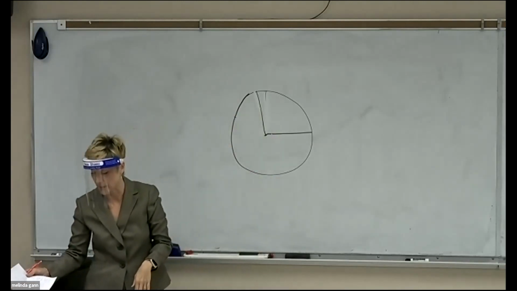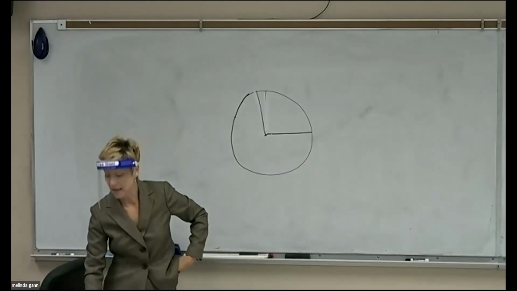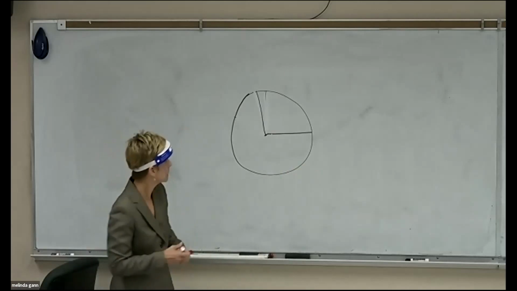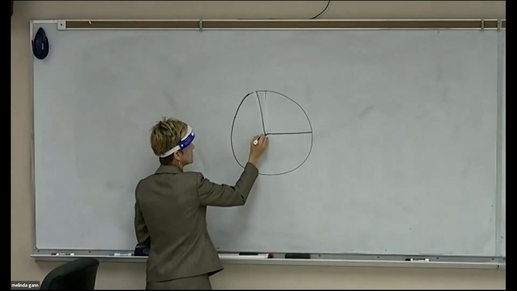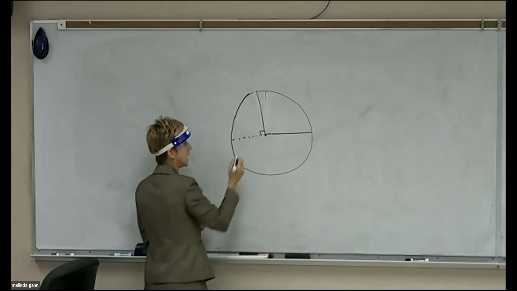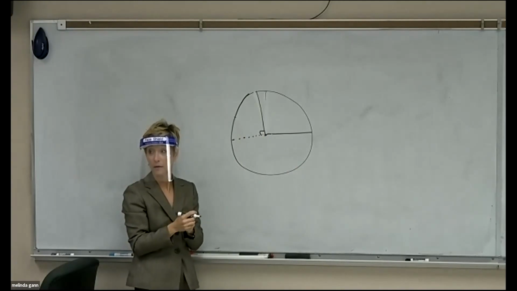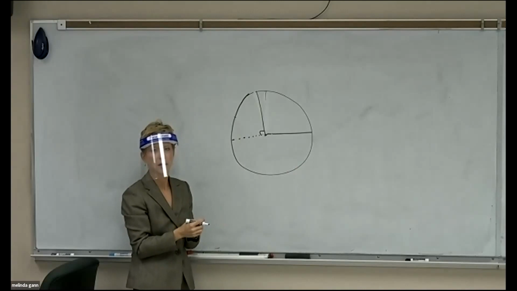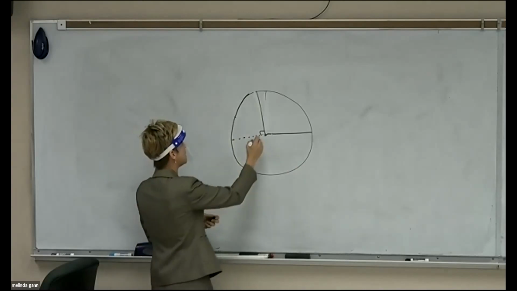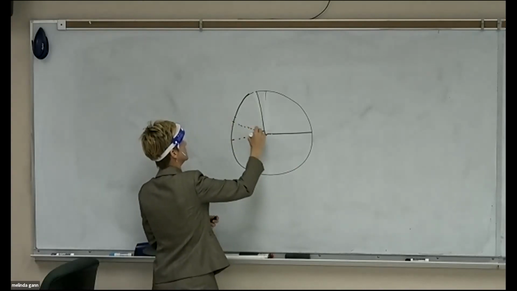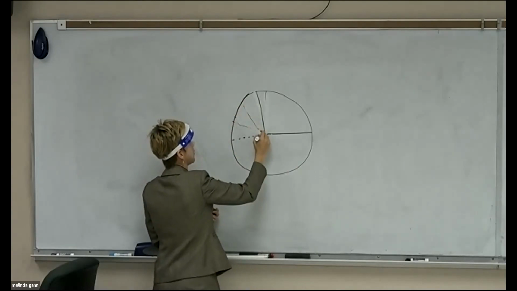What's my next angle supposed to be? What measure? 29. Now here's what I would do. This is over here. So do you understand that if I went like this, wouldn't that be about a right angle? That's about 90 degrees, right? What's 30 compared to 90? About a third. Is everybody with me? So in my mind, maybe about right there.